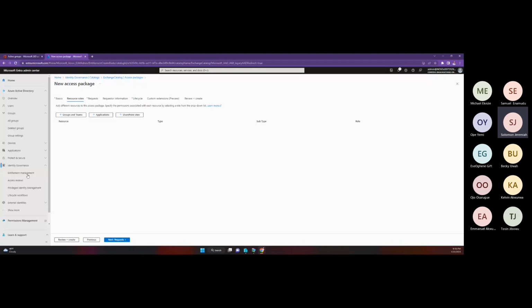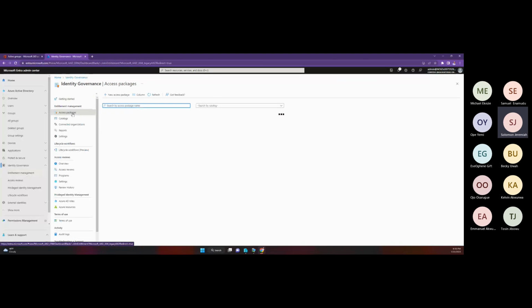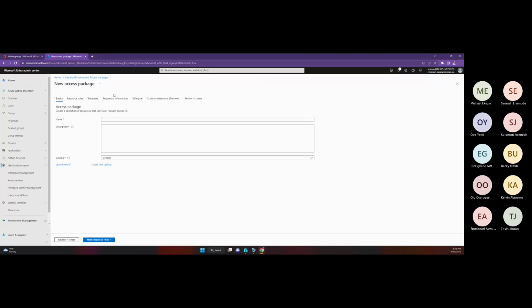But now let's come back here. So what if I come here and click access package? I'm not coming to catalog, right? And then I'm going to create. So if you see now that I'm going to create, let me just do